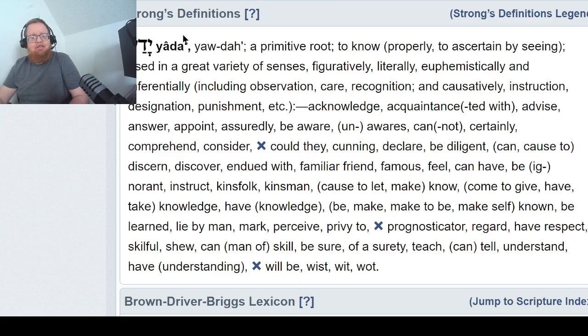Anyone who has a familiar spirit will know information. They will know what's happened in your family. This is why it says to, where did I see it? It's a familiar friend. It's someone who's famous. It's kinsfolk. It's kinsman. It's someone who knows the family. It's someone who knows exactly how to speak like the family. That is why